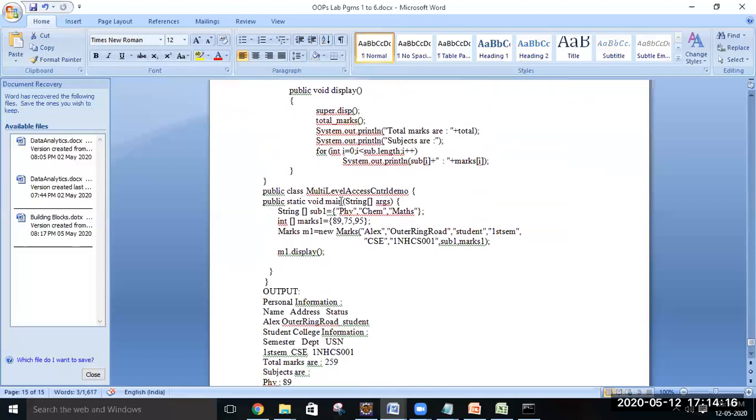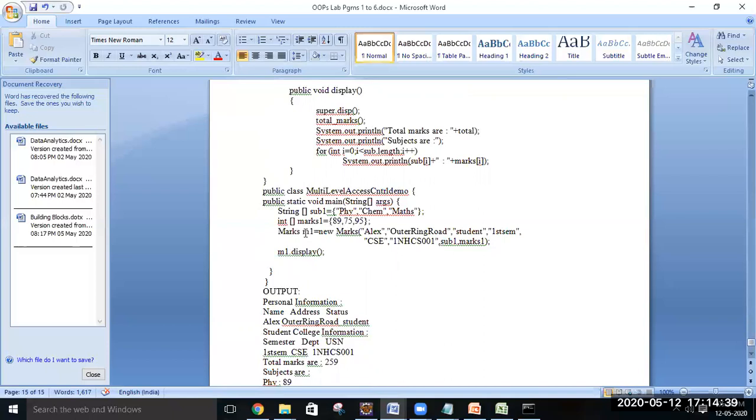So let's see the main method. The program execution starts from the main method, so this is the driver class where the main method is. We have initialized an array called subject, passing three different subjects to this array, and we have an array called marks, taking three different values for marks.